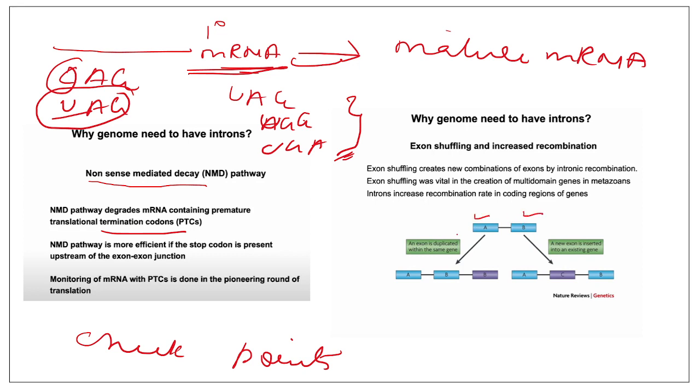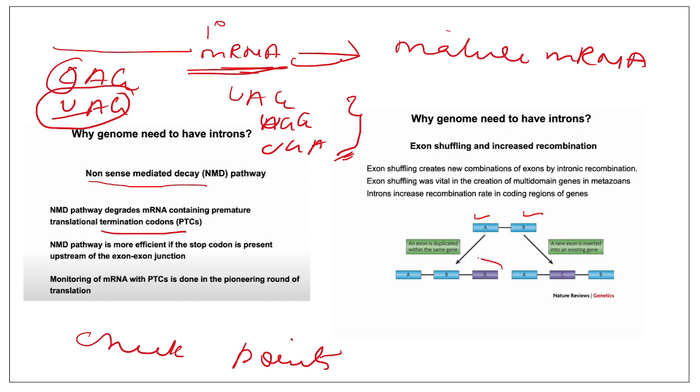An event has occurred where this exon has duplicated. This is exon A, and this is again exon A. Now this exon has duplicated within the same gene. So you can see,